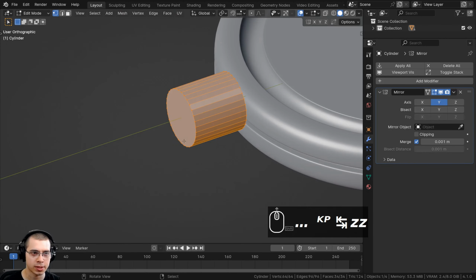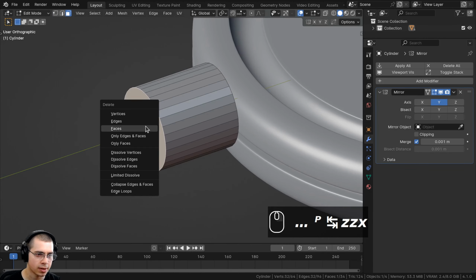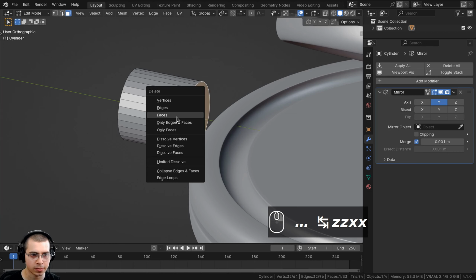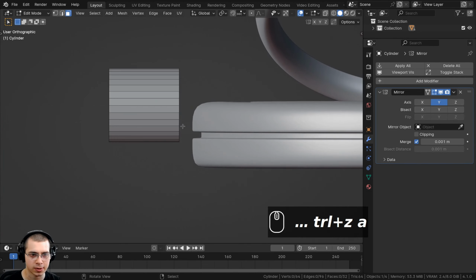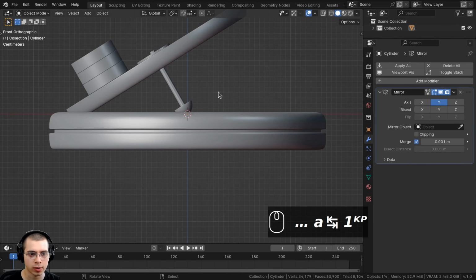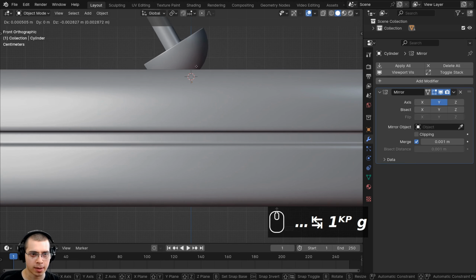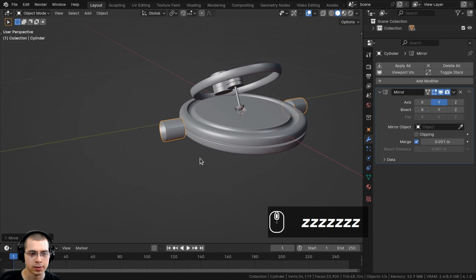And then I'm going to zoom into the cylinder, and I'm going to go to the face select, and I'll select this face, and we'll delete the faces, and select this face here, and we'll delete the faces. And then you can see that the cylinder isn't really connecting to the very center of that other piece. So I'm going to go back to object mode, and I'll press 1 for front view, and I'll hit G to grab and bring it down on the Z-axis. And I want to bring the origin point down so that it is in the very center of the other object. So let's go back to solid view, and that's much better. It's in the center now.